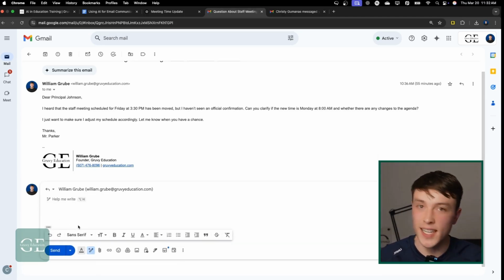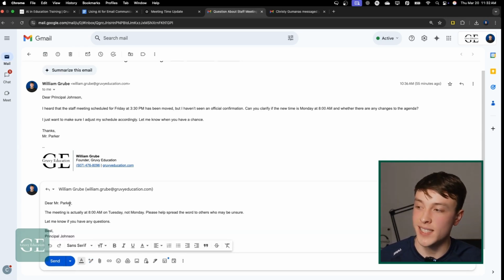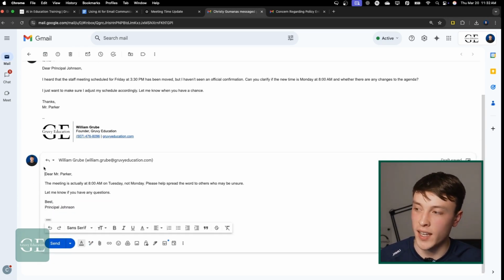Now, when you're pasting an email into ChatGPT, if I were to just do a Control V or Command V on Mac to paste it in, I'm going to get some weird formatting in here, like there's space above this. In between the lines, there's some space, but I can't click in here.